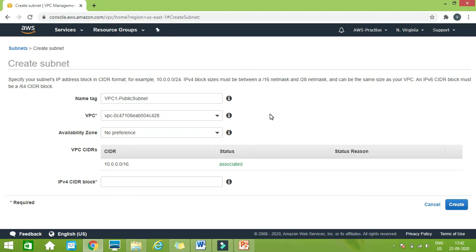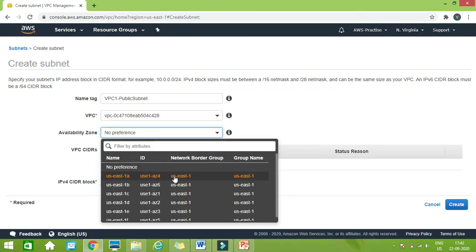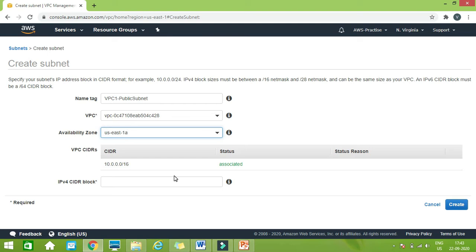I have no preference; let's say I want to create it in US East 1A. If you give a preference, you are saying that you want your subnet to be created in this availability zone.